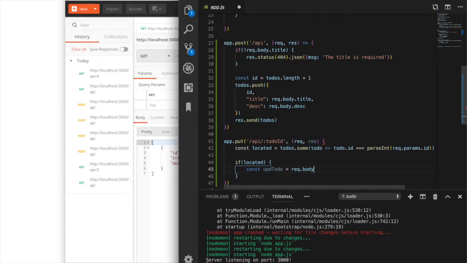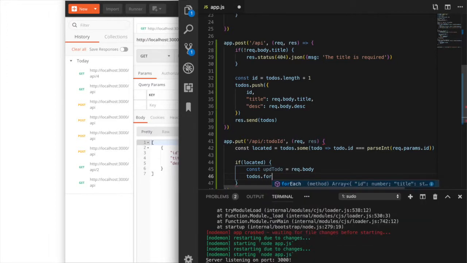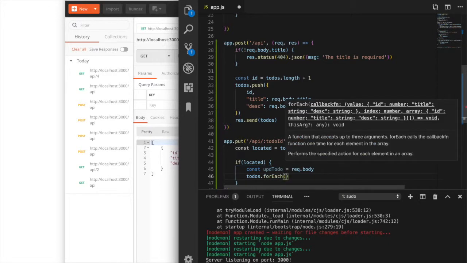Okay, so now we have to loop through all the todos. So todos.forEach, and this is a higher order function, and it takes a function. So todo,